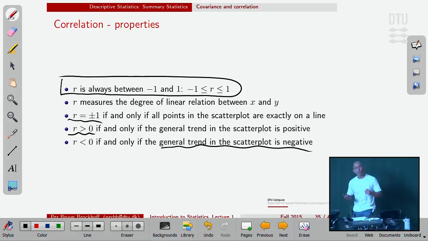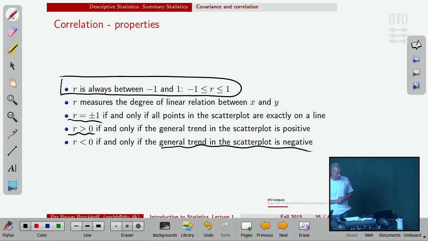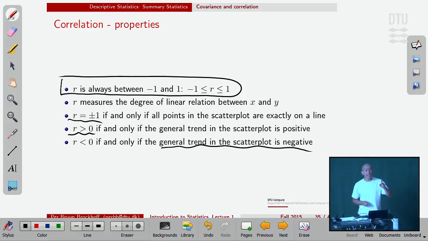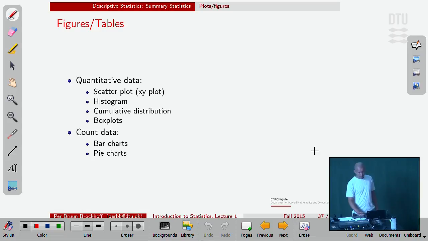So combine the plot with the correlation coefficient. That's very typically done. We're going to get back later in the course to the statistics related to linear regression and things like that, which is an important topic. But for now, we just look at the data and compute a correlation coefficient to summarize the story. That was actually the summary statistics story that you should now start practicing. So we'd move to the last